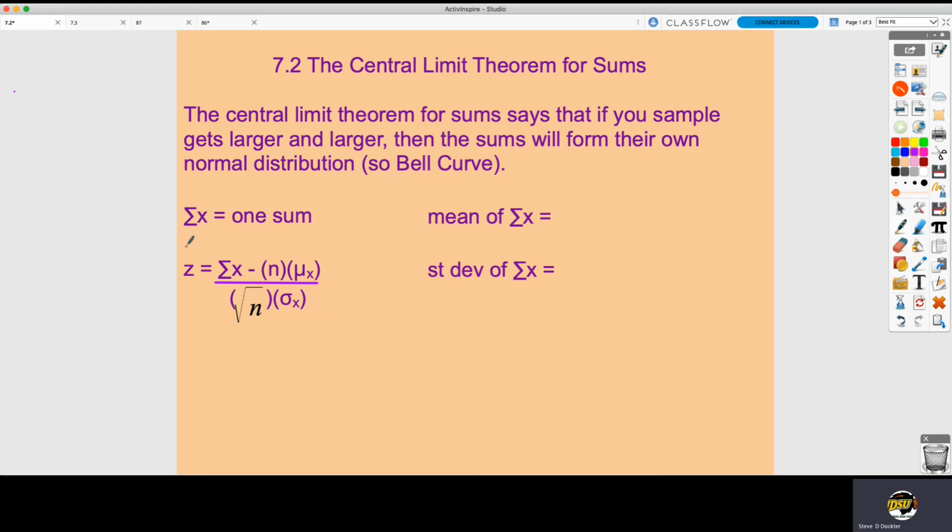Down at the bottom there, that's talking about the z-score. The z-score is still the same equation: the sum of all the numbers minus n times mu of x, over the square root of n times our standard deviation. Notice that the z-score equation, even though it looks different, is still the same thing. The z-score equation normally is our number